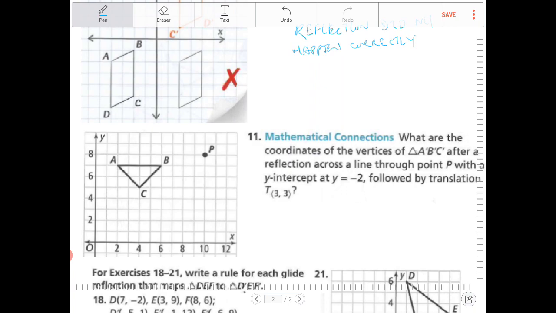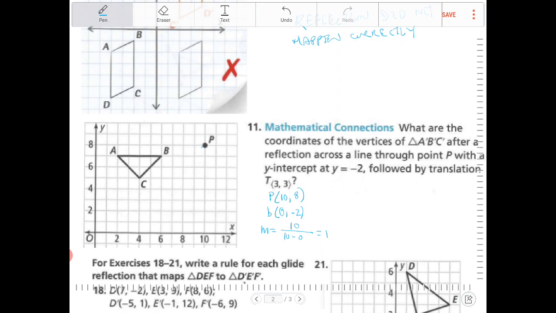So point P has coordinates of 10, 8. And it has a y-intercept, which I'm going to call lowercase b here, at 0, -2. So the slope of this line will be 8 minus -2, which is 10, over 10 minus 0, which is going to be 1. So that means this is going to be the line that I am going to be reflecting over,